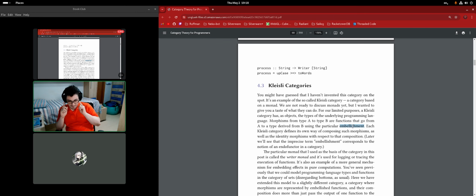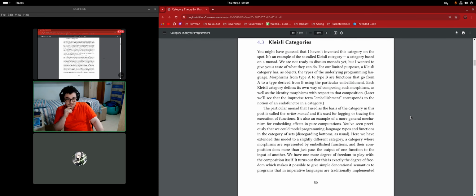But now I have the intuition: the embellishment is like a marginal channel happening on the side, but it is not touching the composition aspect of it. Yes, you need a different composition operator that acknowledges the fact that we do have this writer thing around the B return type, but there is a way to still compose just the B that we get out of this and preserve the information that is passed to the writer wrapper. Very cool.